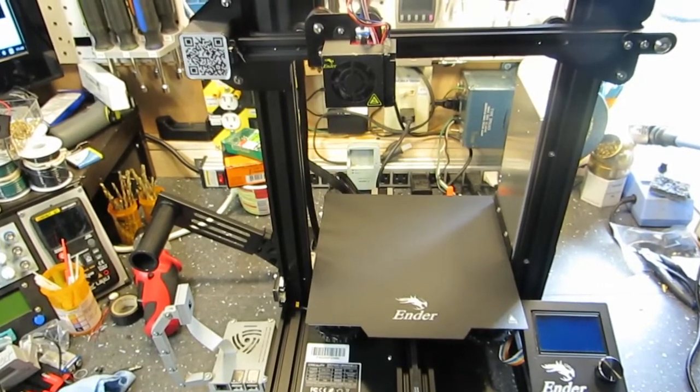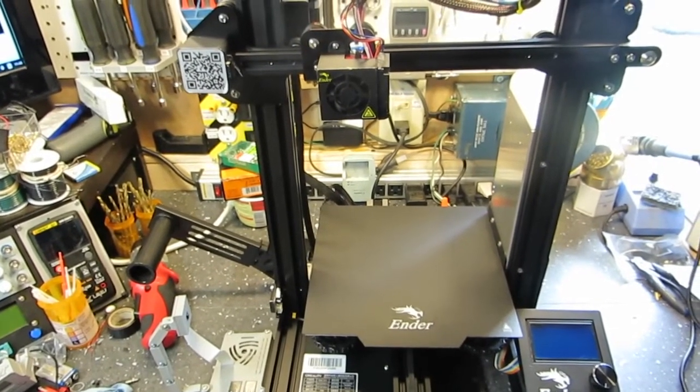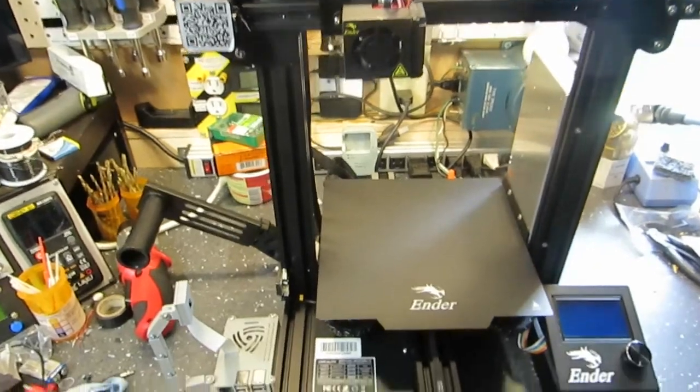This is the finished 3D printer. All the parts have been put on. Also, I want to show you outside,